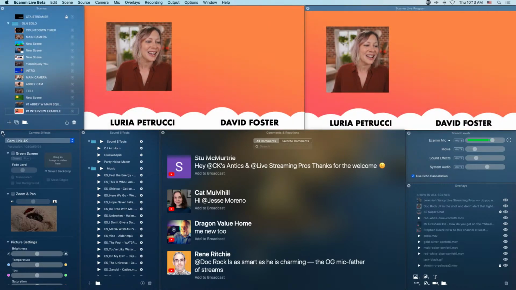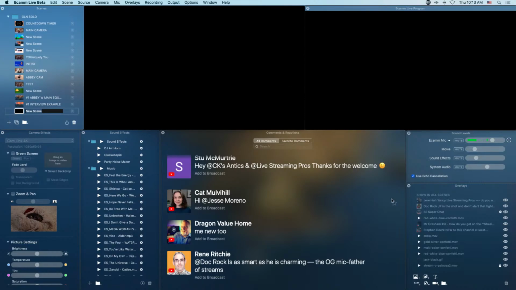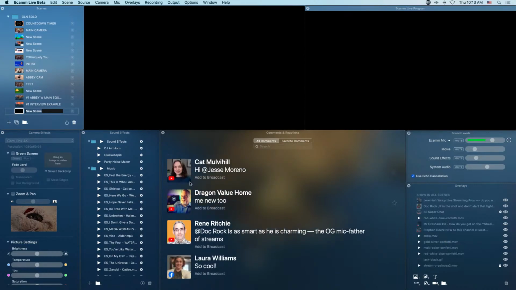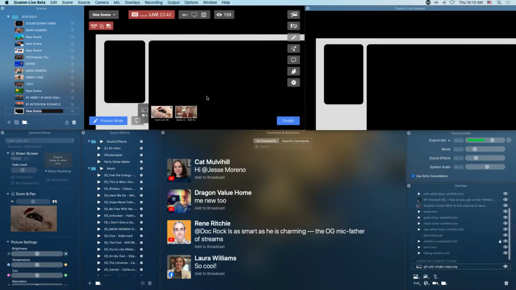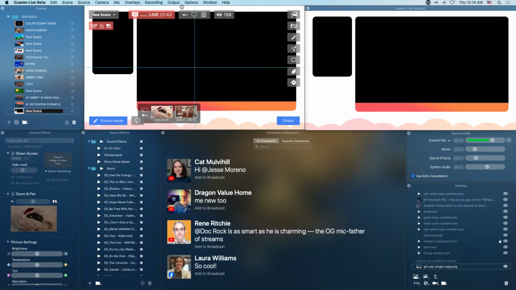We're going to create a new scene, and then let's add in a PIP here. So you're just gonna see just me here. We're going to add in this PIP, okay? So we now have 2 camera sources that we need to add, but we're not gonna use this native functionality.